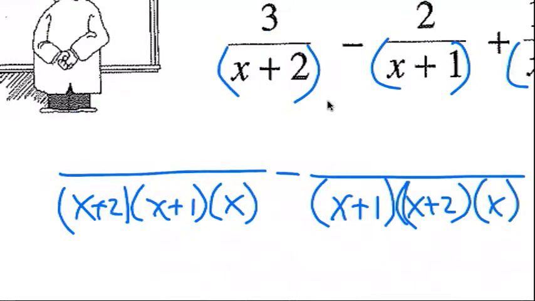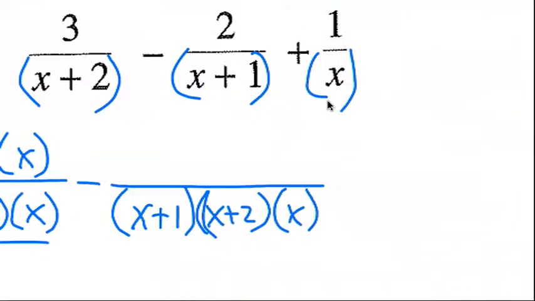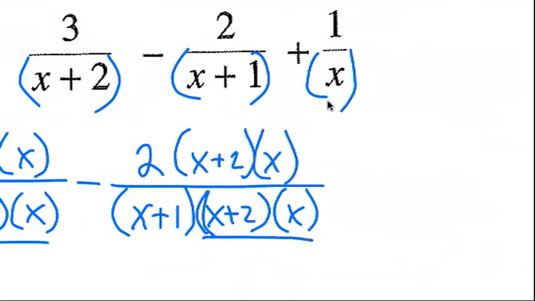3 over x plus 2. Well, the x plus 2 is already there. So was the 3. What did I have to multiply in? x plus 1 and x. x plus 1, x. The 2 and the x plus 1 were already here. What did I have to multiply in? x plus 2 and x. x plus 2, x. Plus,